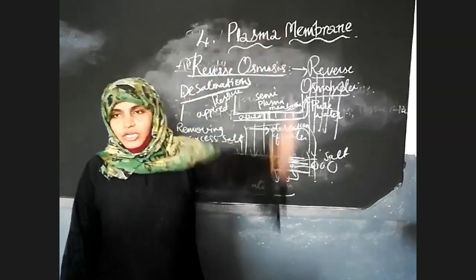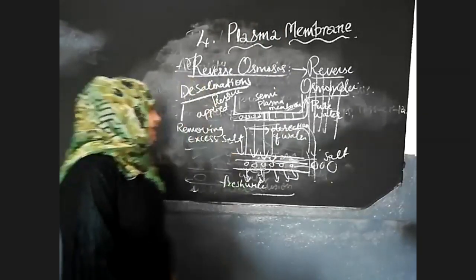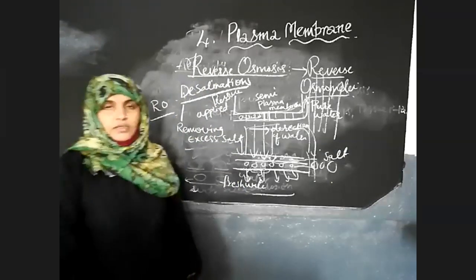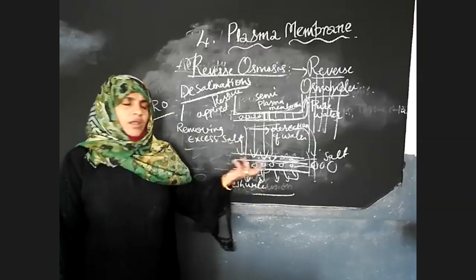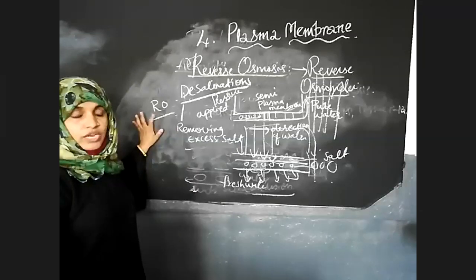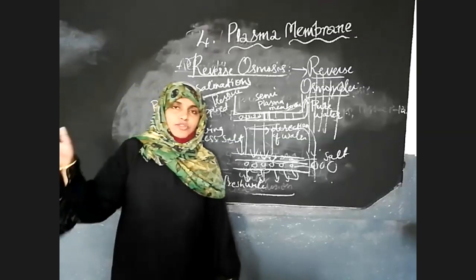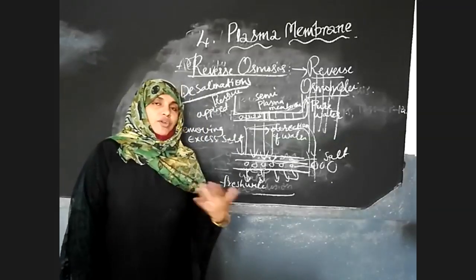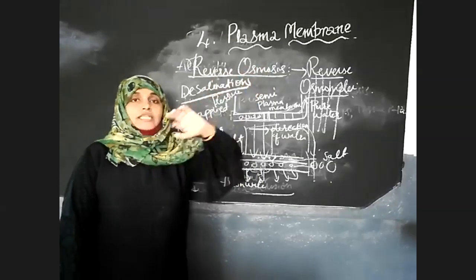You can go to the ocean to see this. At your home also you will see a water plant, a water purifier, Kent, all these different manufacturers we are using. So that is RO, the reverse osmosis process. Even in our school we have the water plant. What is it doing? The reverse osmosis process. Hence they are called ROs.